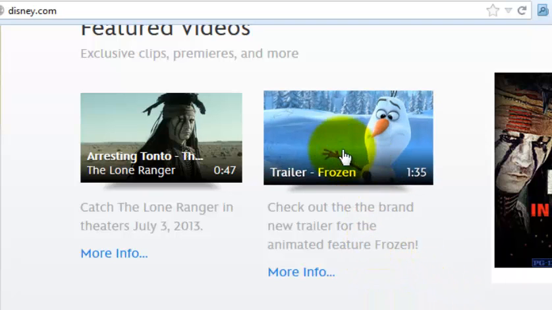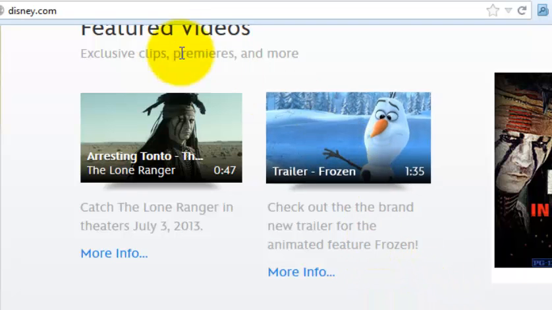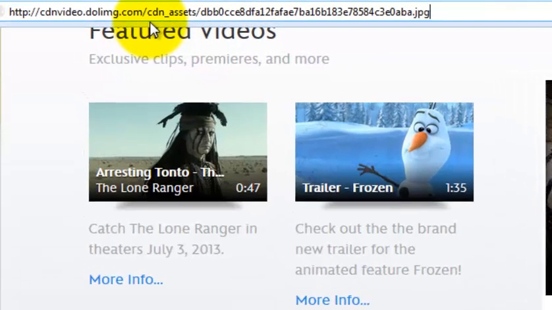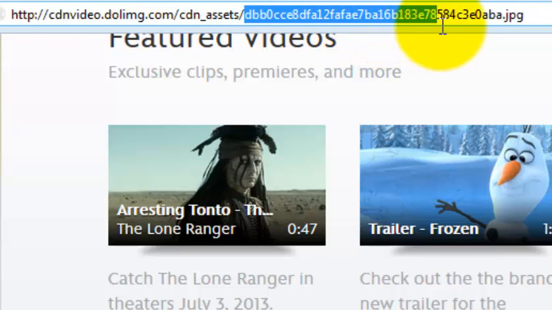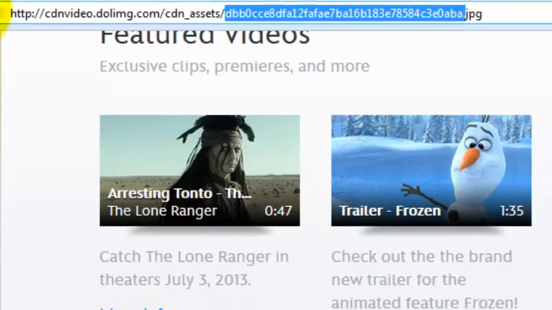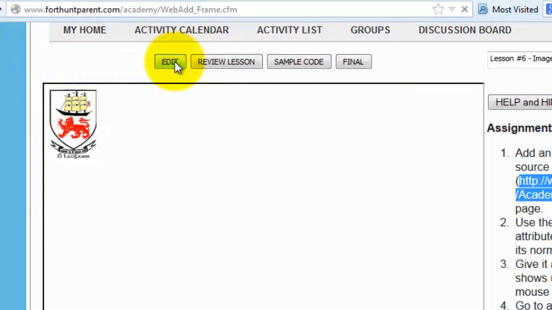What that does is it's going to copy the actual location of that image. And watch, I'll just show you what it looks like. So if I paste that right there, you can see we get some crazy language. It's this computer, it's this folder, it's that name, you know, not meaningful. But if I take that and go back to our site,